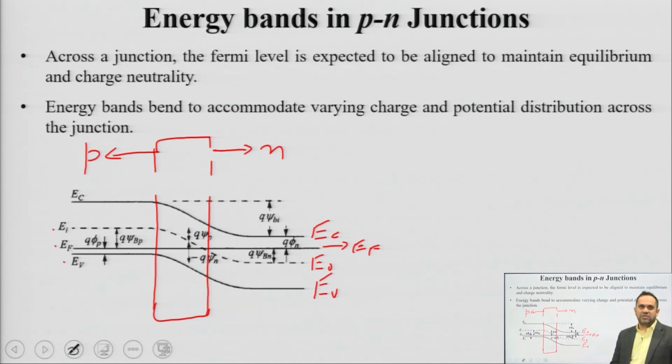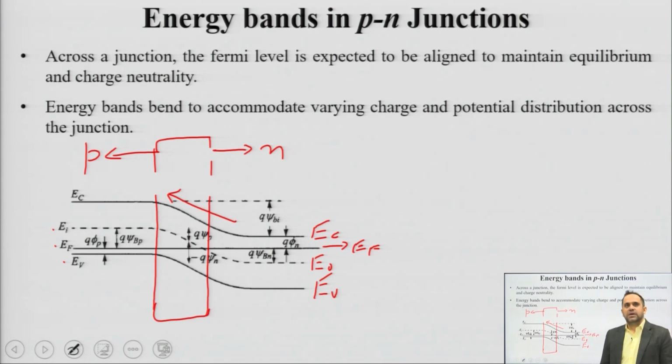You have lot of electrons, so higher probability of locating an electron. In the middle you would see that to maintain this continuity, the bands have to bend. So, while transiting from p to n, the bands bend downwards, or if you are transiting from n to p, the band bending seems upwards. So, for electrons to move from n to p, they have an uphill barrier. So, they have a potential barrier to climb.